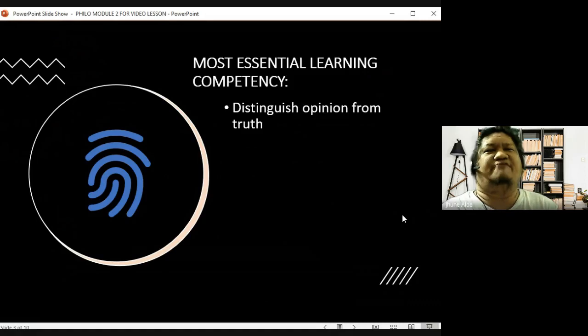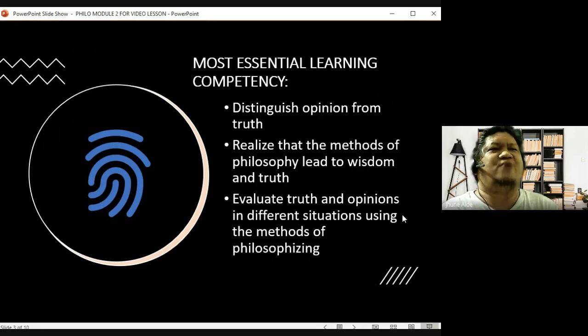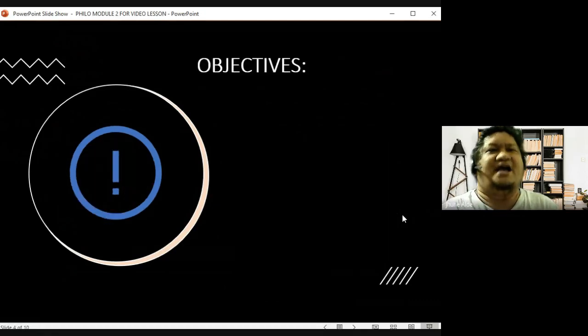Distinguish opinion from truth. Realize that the methods of philosophy led to wisdom and truth. Evaluate truth and opinions in different situations using the methods of philosophizing. And here are the following objectives: